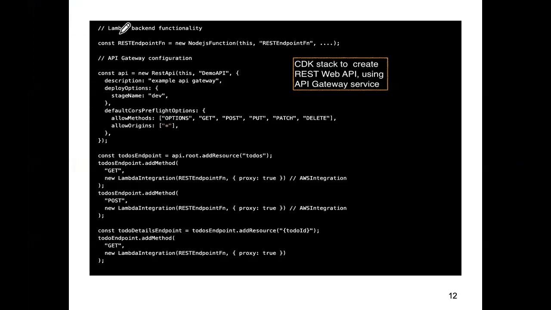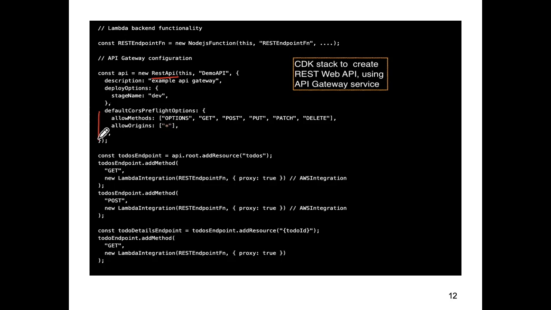So as I've already covered the Lambda stuff, it's fairly intuitive, I would hope. This is just creating an empty web API, if you like. Give the web API some sort of a name. And the only thing of importance is maybe this part here where we're configuring the CORS